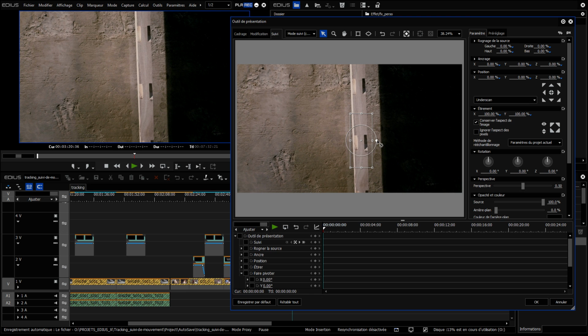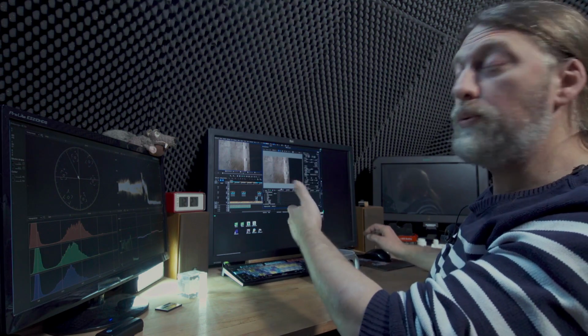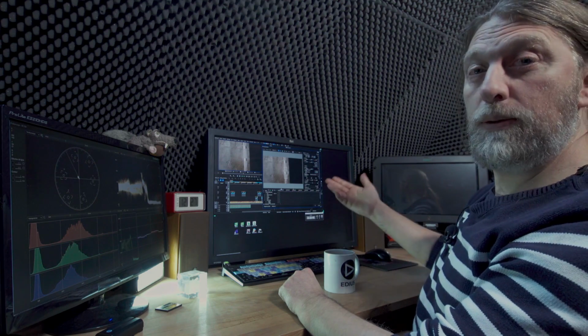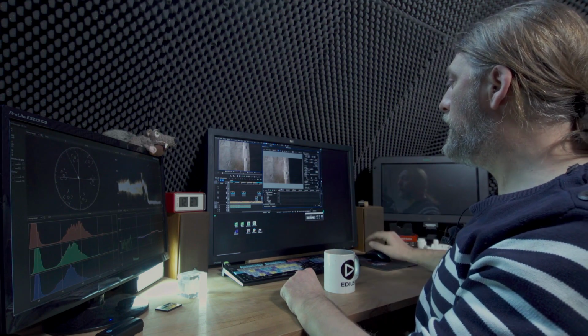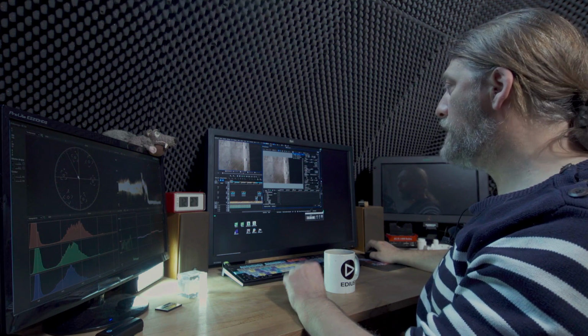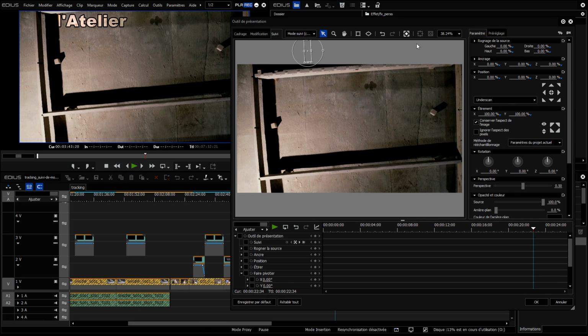So here you can see that I start the tracking at the beginning of the timeline, because it matches exactly with what I want to do. So now I'll do some forwards tracking, but for the minute nothing changes.